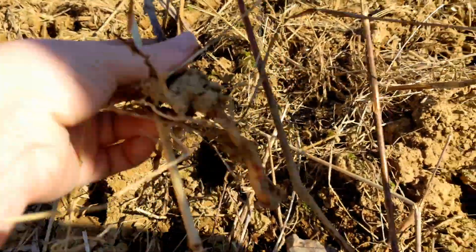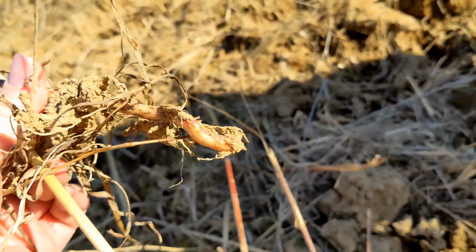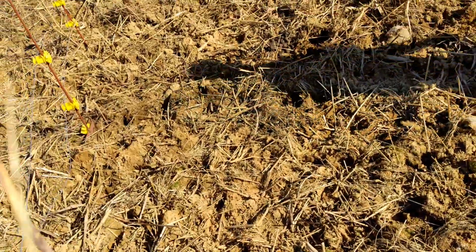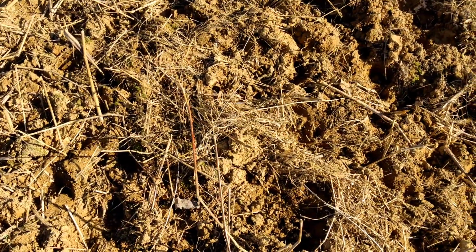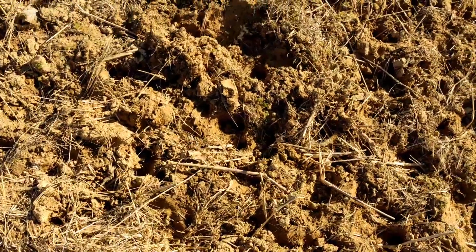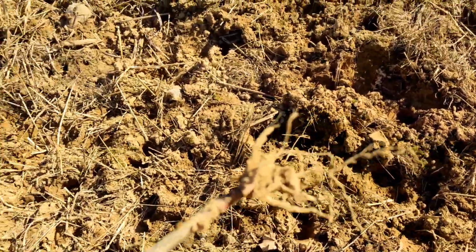Oh, the pigs already got this one. They pulled up that Johnson grass root and they ate it. There's a little one there. I'll just give it to them for a treat over there. They'll get it. Fighting the Johnson grass. It's not very fun. But so now that most of the roots are exposed,